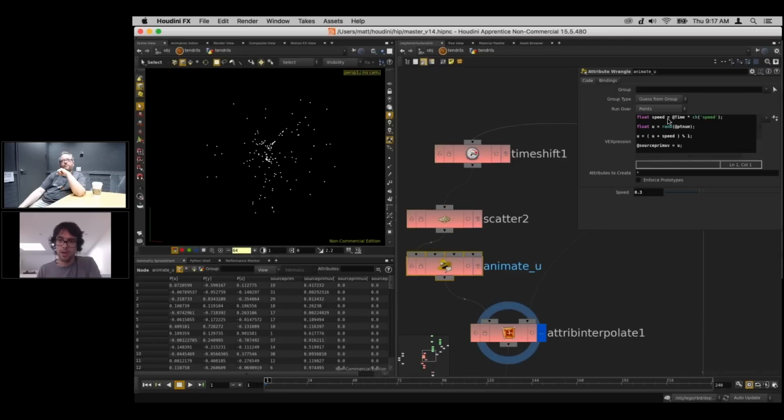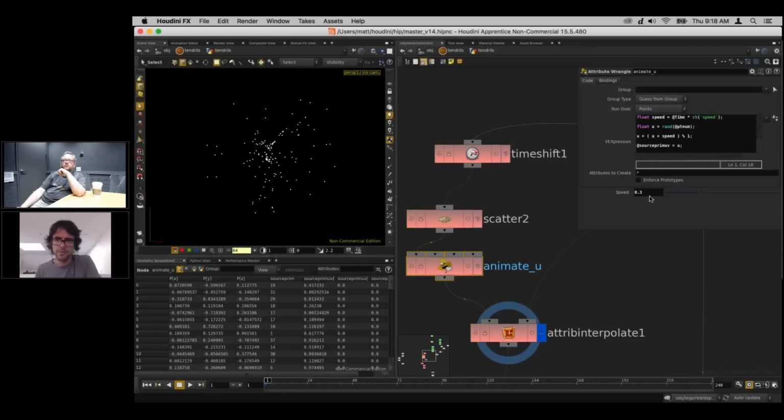But then here, in this wrangle, I'm doing a similar trick to what I just did for the color ramp, where I'm now taking the source prim UV and I'm animating it based on time and looping it every second. So I'll just go through this one by one. So I'm setting a time value. So basically here I'm saying time multiplied by a slider. So this is going to move at